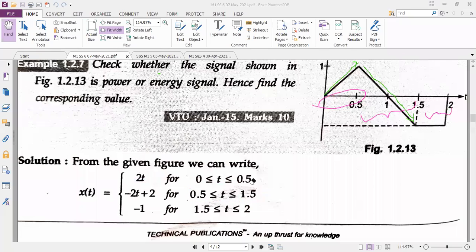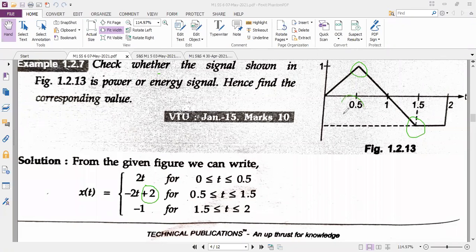After the trial and error method, I have to conclude whether it is minus 2t or minus 3t or minus 4t, like that. If minus 2t is not following the amplitude, I have to add some numbers also in order to get the values shown here. Is everyone understanding? Yes, ma'am.